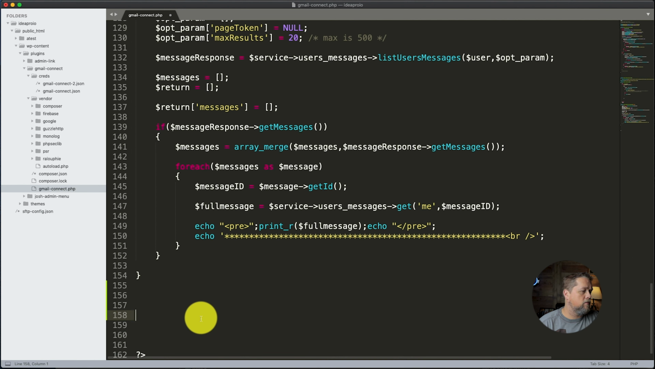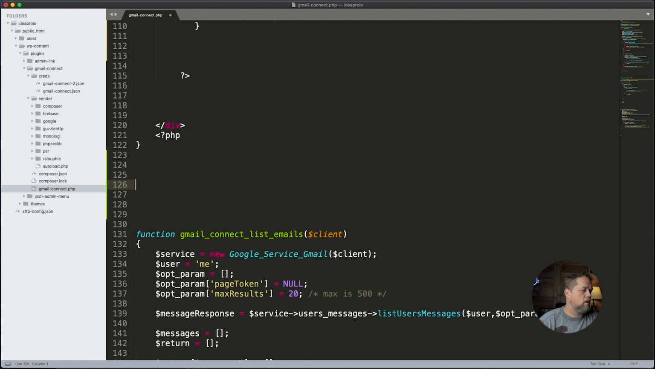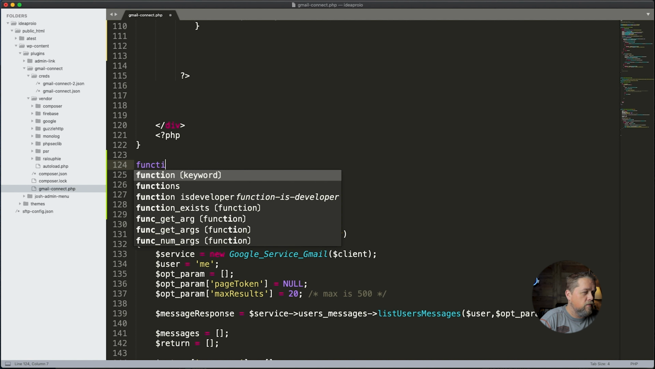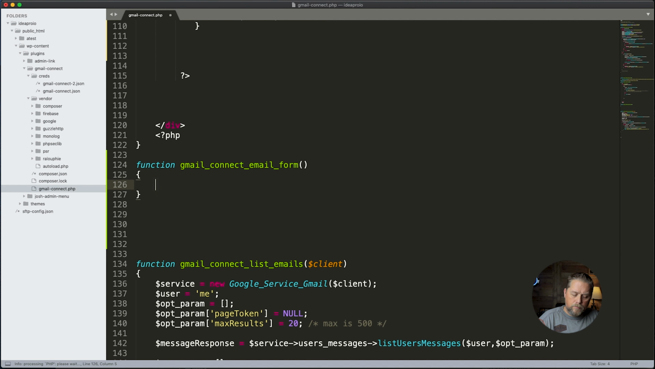So we're going to write some functions. Actually, let's put it up here so it's a little bit closer to our working space. Function, we're going to say Gmail connect email form. Now you can call these functions anything that you want. So we're going to just do some quick